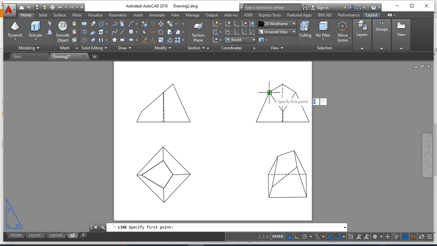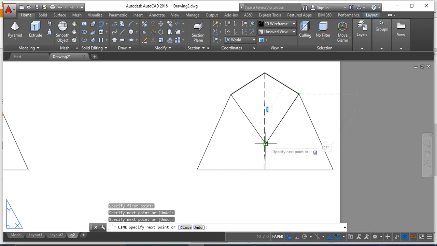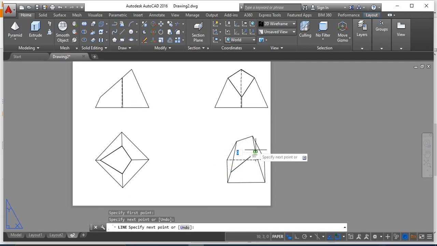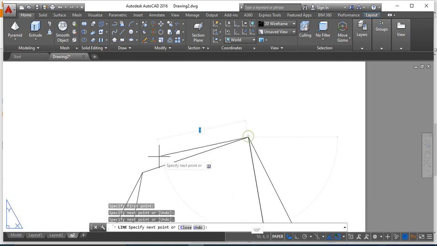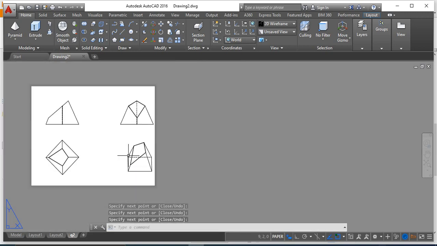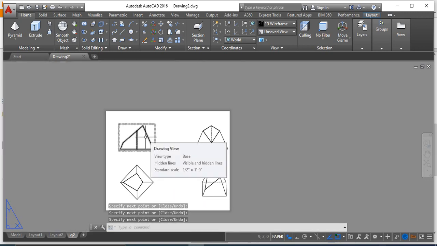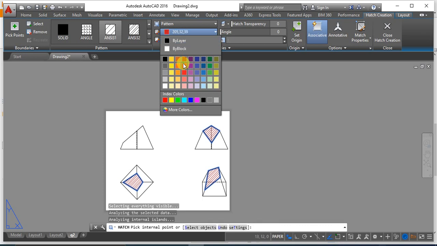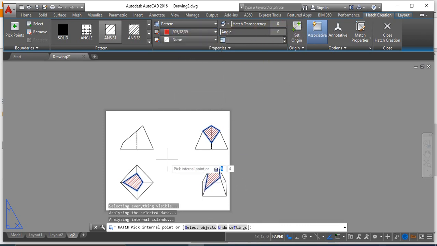If you feel it very tough, you can use ortho mode off. Okay. Then repeat the same thing for this also. Okay. Then repeat this for the isometric view also. Okay. Only thing is you have to join the corners with a line here. Okay. Now you can easily create the hatching part. Click on hatch, select the interior components of all the figures. So by default you can get it. If you want to change the color, you can change the color by selecting that particular color, and you can change the pattern and the angle as per the requirement.